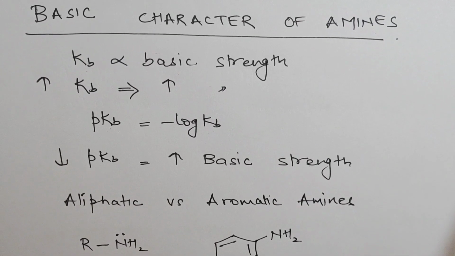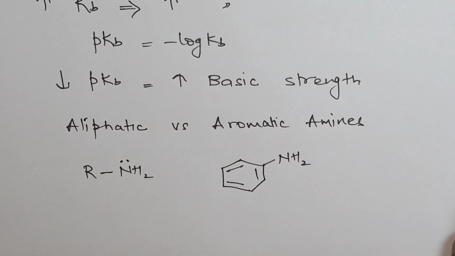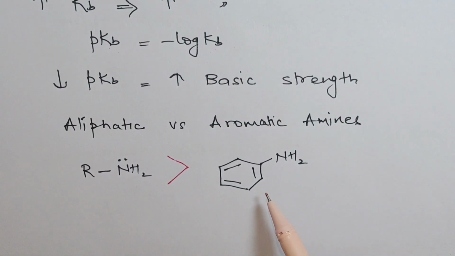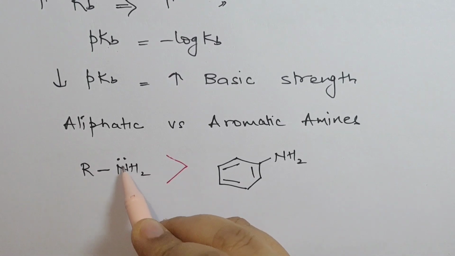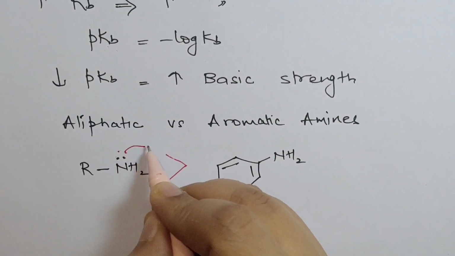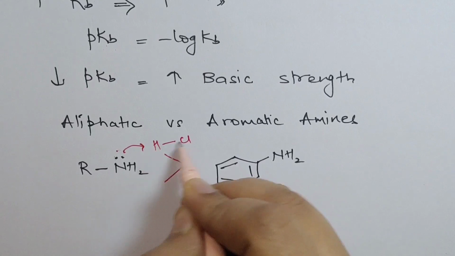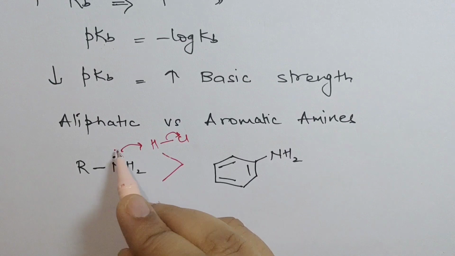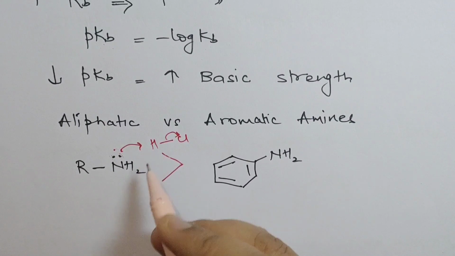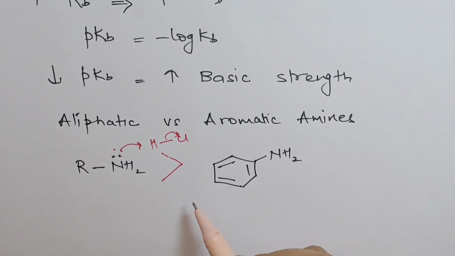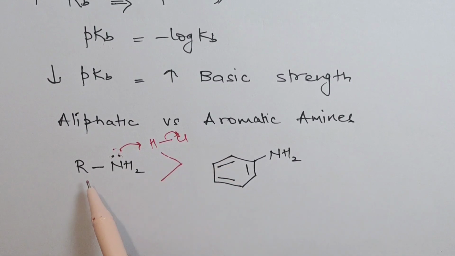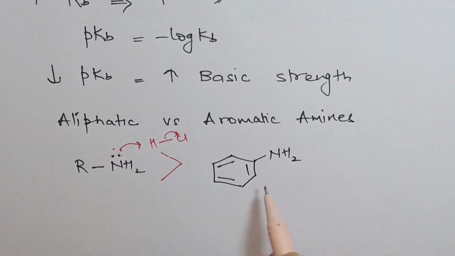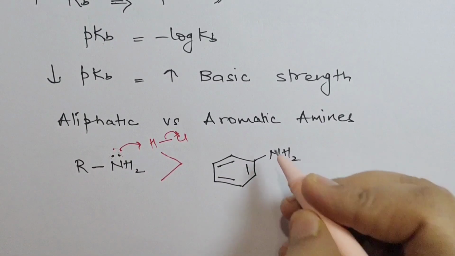Now let's compare aliphatic and aromatic amines. Aliphatic amines are more basic than aromatic amines. Why is that? Nitrogen has this lone pair. This lone pair is what grabs the proton from the acid. So this lone pair must be available for grabbing the proton, because basic character means what? Basic character is acceptance of proton, right? So in aliphatic amines, this lone pair is available to grab proton, whereas in case of aromatic amines, like aniline,